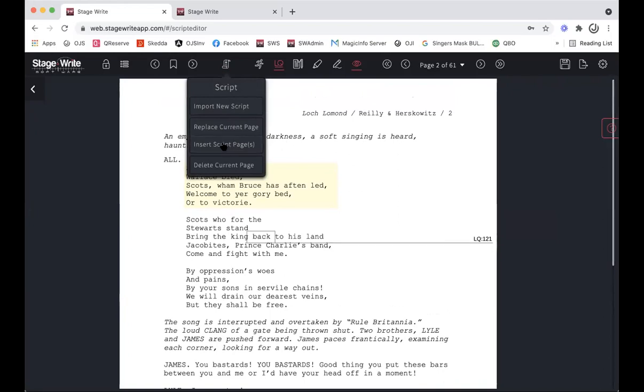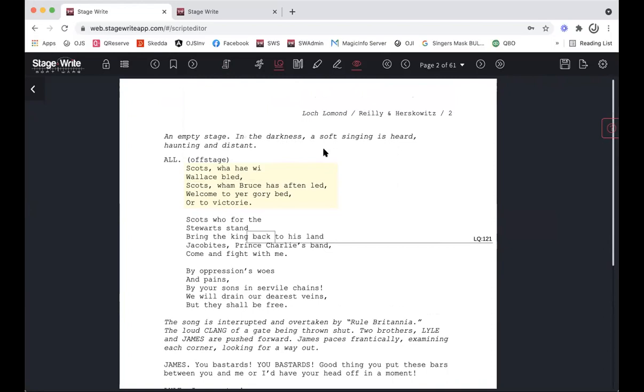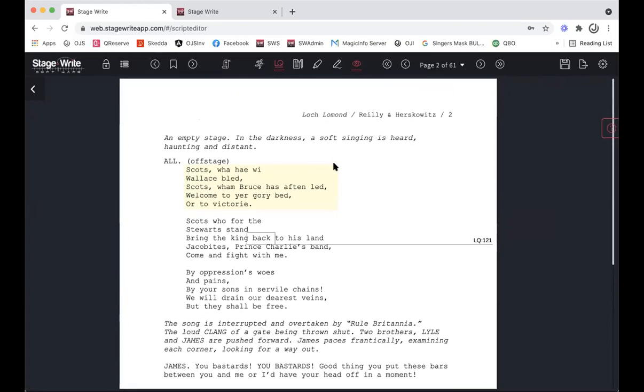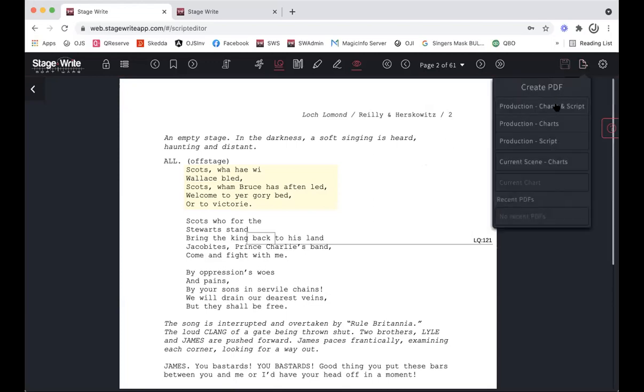You can also insert a new page or delete the current page. So it gives you really good flexibility in terms of those things too. Saving your work, I mentioned earlier, it automatically saves about every 10 seconds, but feel free to do that. Creating PDFs, you can create a PDF of just the charts, of just the script, and of the charts